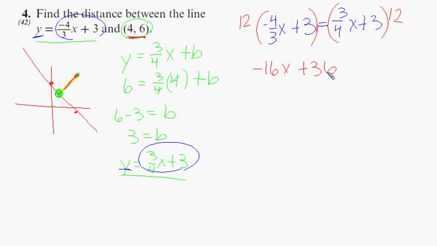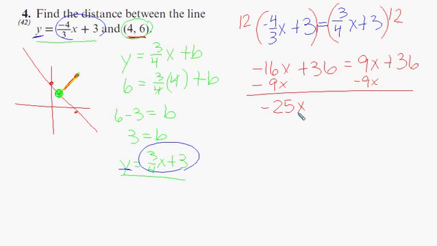Okay, and now over here, if I take 3/4 times 12, this 4 goes into this 12 3 times. 3 times 3 is 9x plus 36. Okay, so I'm going to collect all my x's on this side. So this is negative 25x, and I'm going to bring my 36 over here. See what that's going to do? That's going to give me a value of 0 over here. Divide both sides by negative 25. That tells me that my x value is equal to 0,